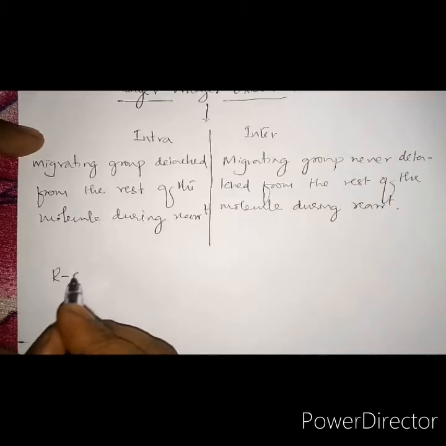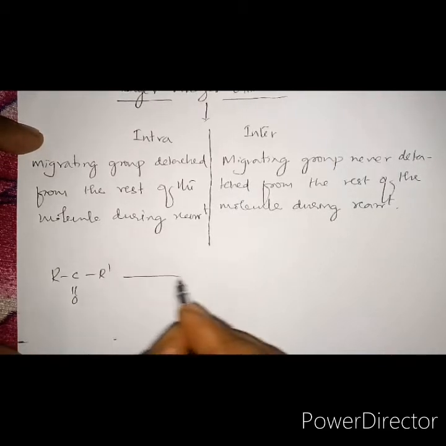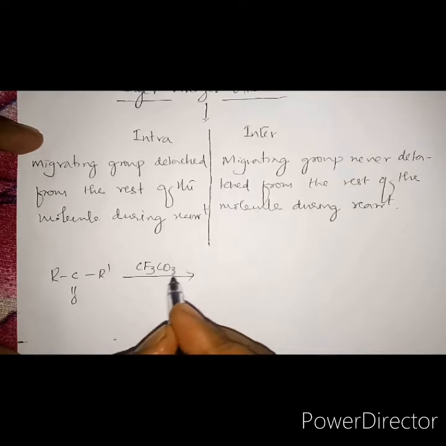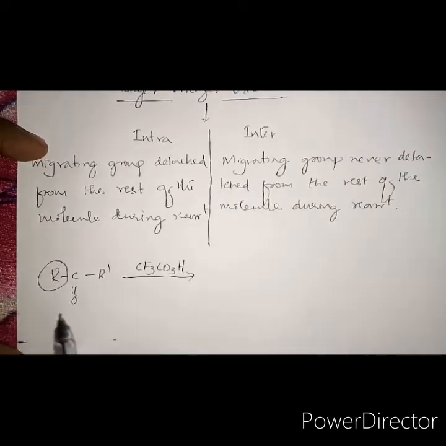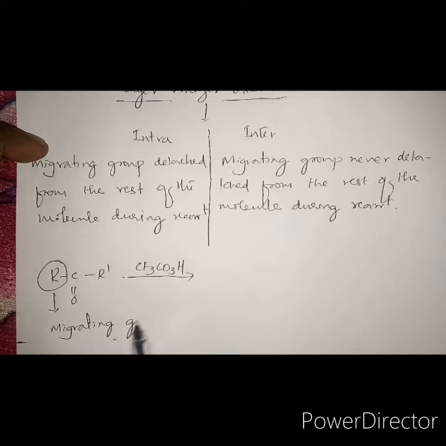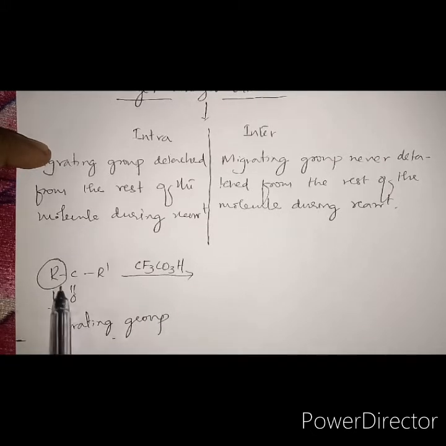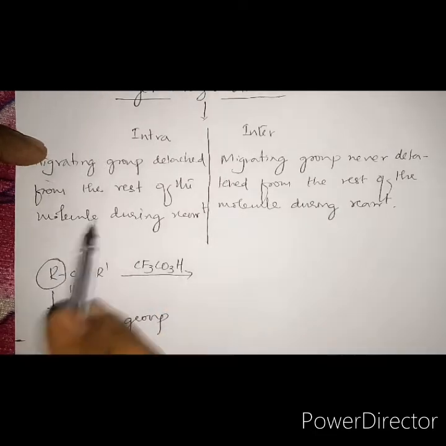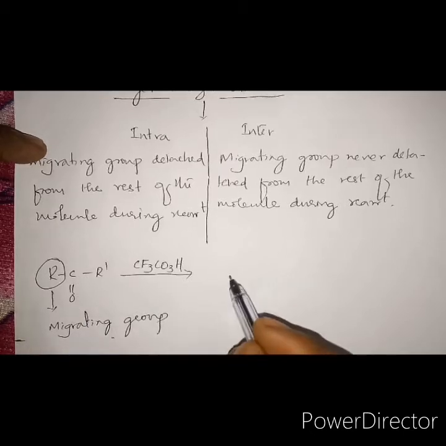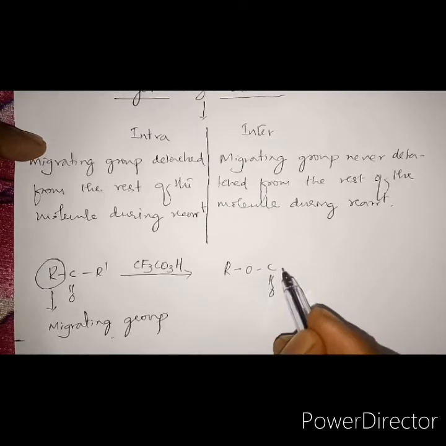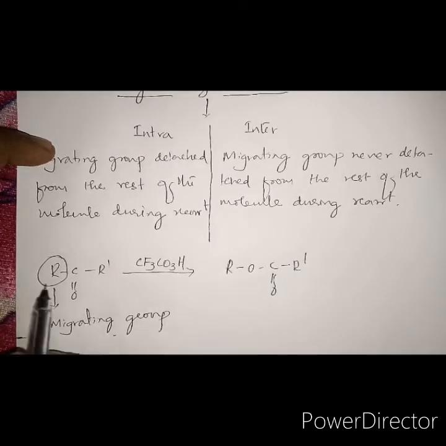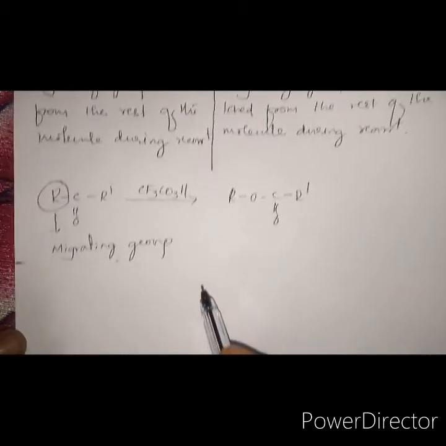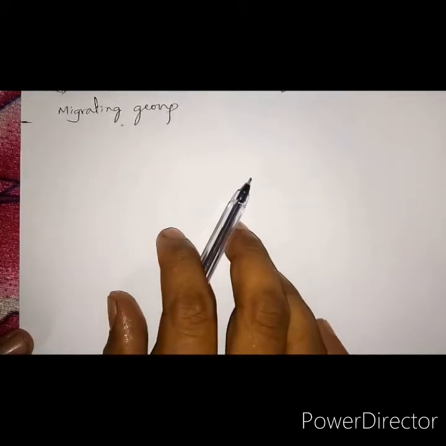Also, for example, you are taking RCOR' and treating it with trifluoroperacetic acid, and this is a migrating group. If it is completely detached, we call it inter. If it is not detached, it is called intramolecular rearrangement. So from the experimental evidence, this is actually an intramolecular rearrangement. That indicates that this R group is never detached from the rest of the molecule during the course of the